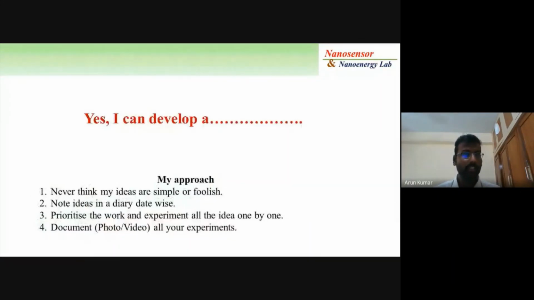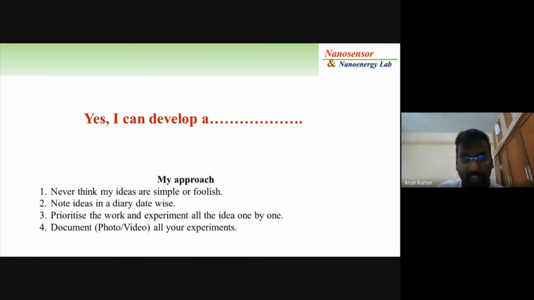And one thing I suggest here is, I hope after this lecture you'll be really motivated, and you might have a lot of ideas to work on. So please don't think whatever idea comes to your mind is foolish. Whatever simple idea comes can sometimes make a revolution in your research itself. So please make use of even a small idea. And my suggestion is, please note down ideas in diaries, because a lot of things come to your mind and you forget them.